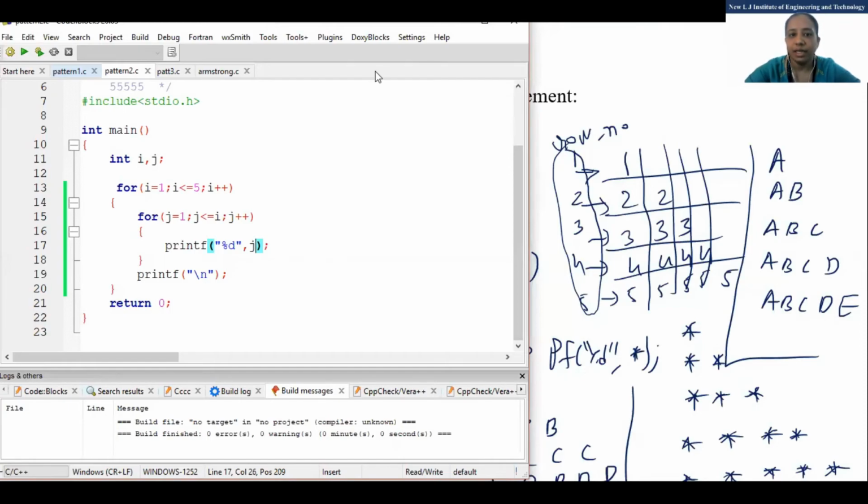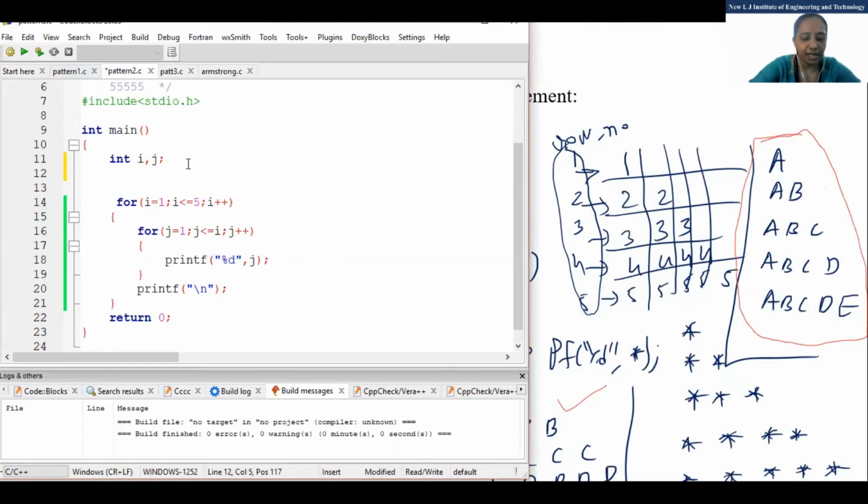Now suppose I want to print like this, as I have told you. What I need to print is A, B like this. Here you can see this. First go for this part: A, B, B, C, C, C, D, D, D. I want to go for this. So I will take one character: char ch equal to single quotation capital A. I took one another variable, capital A, and capital A is a character, right?